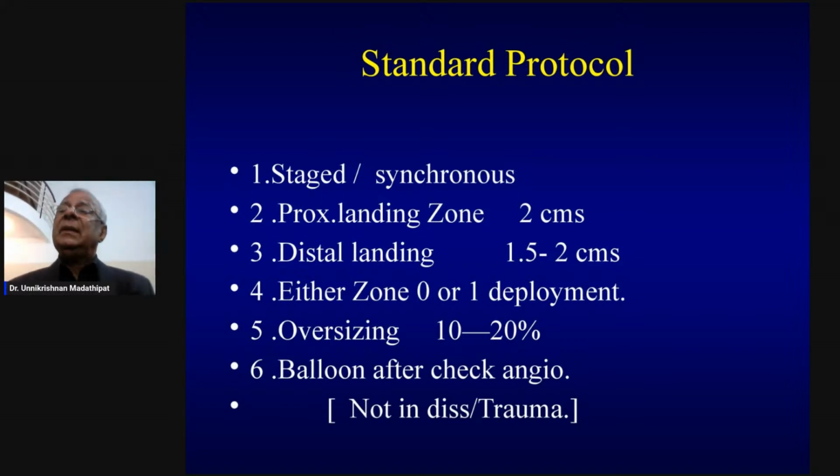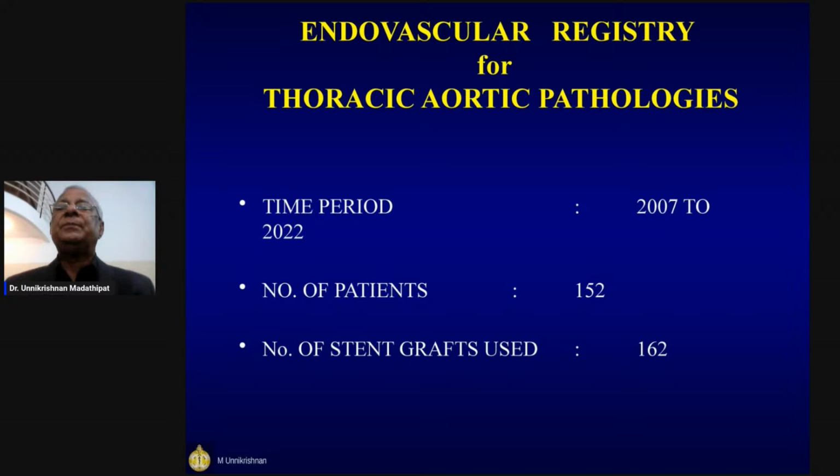And oversizing is 10 to 20%. I'll be alluding to this much later. Ballooning is done mostly for atherosclerotic aneurysm, and it's a little dangerous for trauma as well as dissection. Now, the time period is